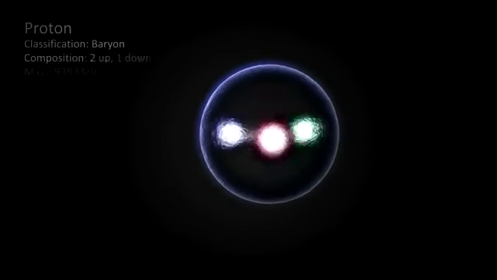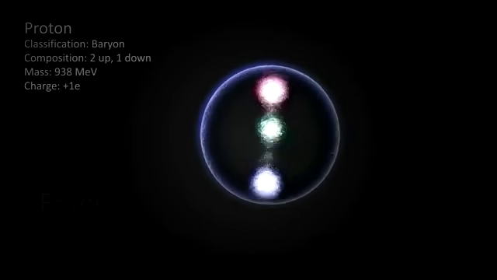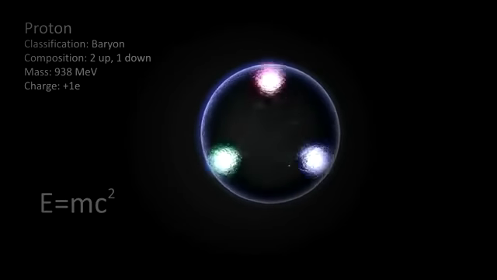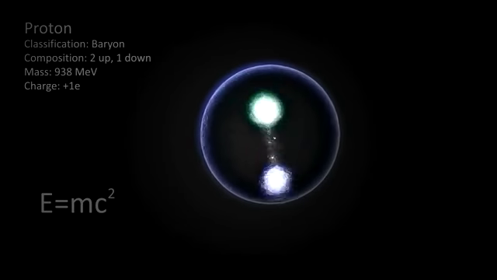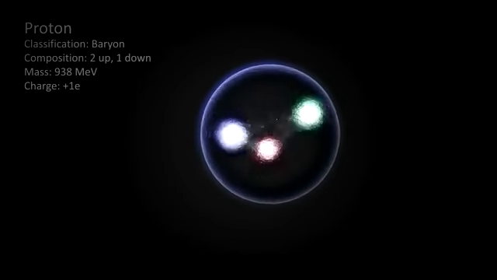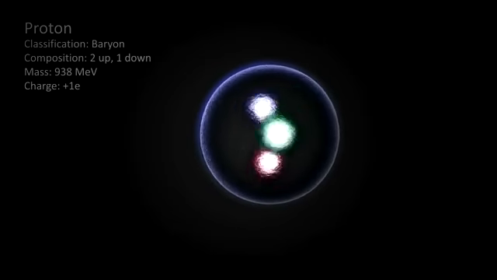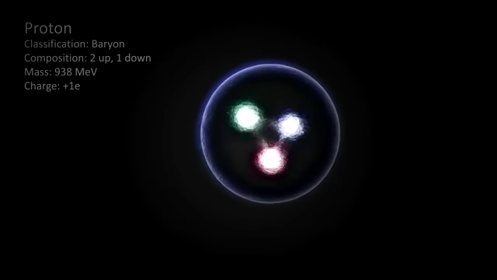How do you create a massive particle such as the Higgs from only two small protons? This comes down to Einstein's famous equation E equals mc squared, which tells us that mass is just another form of energy. By speeding up the protons, they acquire additional kinetic energy. The protons at the LHC are accelerated to 99.999999% the speed of light and acquire a total energy of 7 tera electron volts.